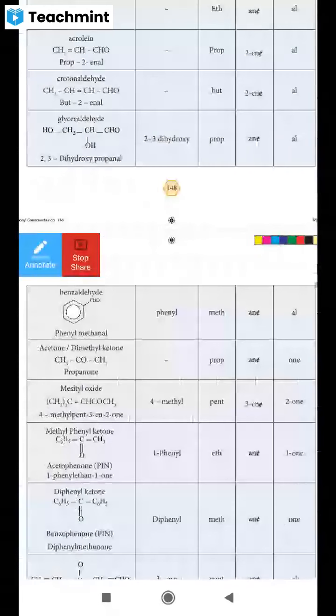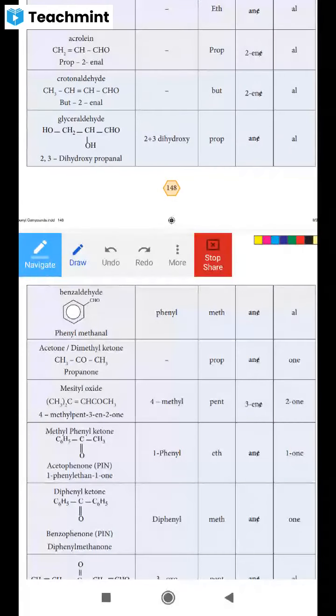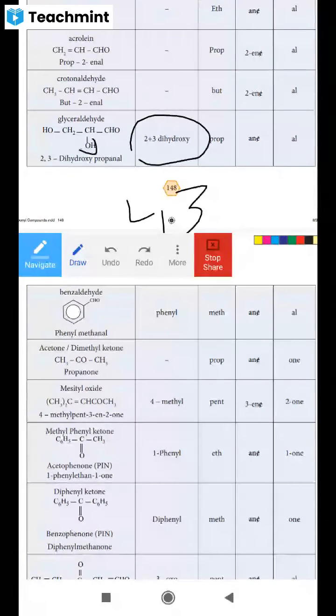So here this is not 2 plus 3. This is 2, 3. Okay, there is a plus, strike it out. It is 2, 3 dihydroxy. Dihydroxy means what? 2 OH is there. So that you are giving as dihydroxy. So when the functional group comes as a prefix, it is hydroxy. So this is aldehyde. Here, the secondary suffix is aldehyde.